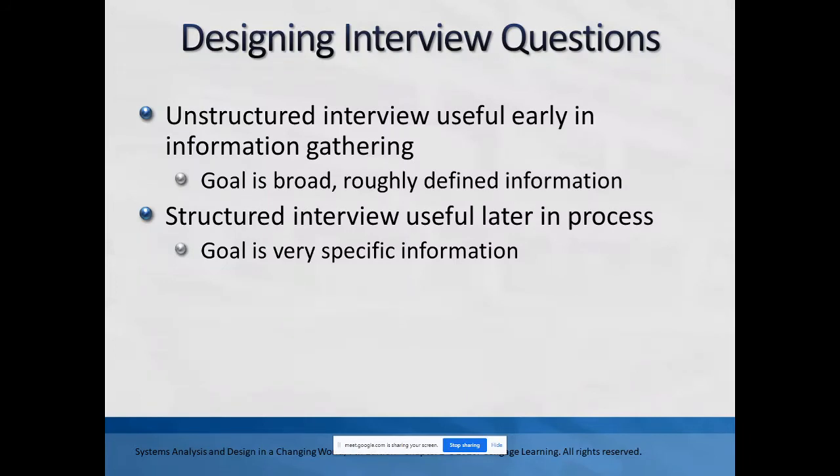And oftentimes, in my experience, unstructured interviews are quite common early on, but since you want to get a broader representation, usually there aren't as many structured interview sessions. Most of the time that converts into more of a questionnaire type of thing, because if my question is how many orders come in per day, I don't need to ask someone to their face. If there are 75 people involved with the orders that are coming in, I'd want to know from all of them. And it would be a lot more